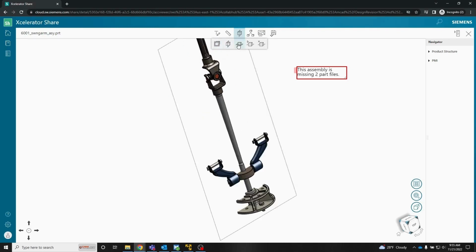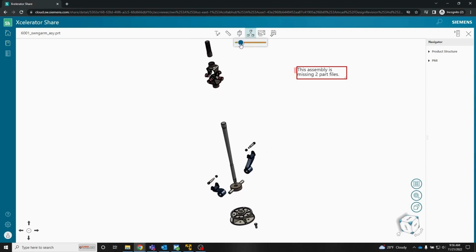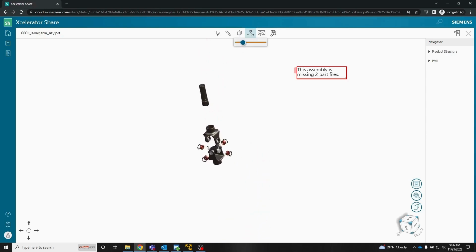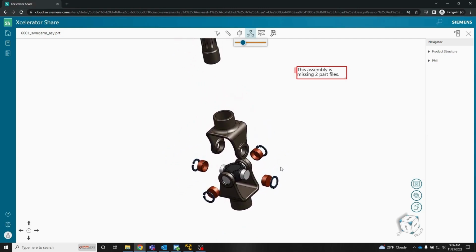And then there's also another feature that can do this, which is the next one on the navigation bar. And this is called the explode. So as you can see, once we click on this and we extract everything or move it apart, we're exploding the assembly and showing off each of the parts. So what we have the ability to do now is we can click on a part